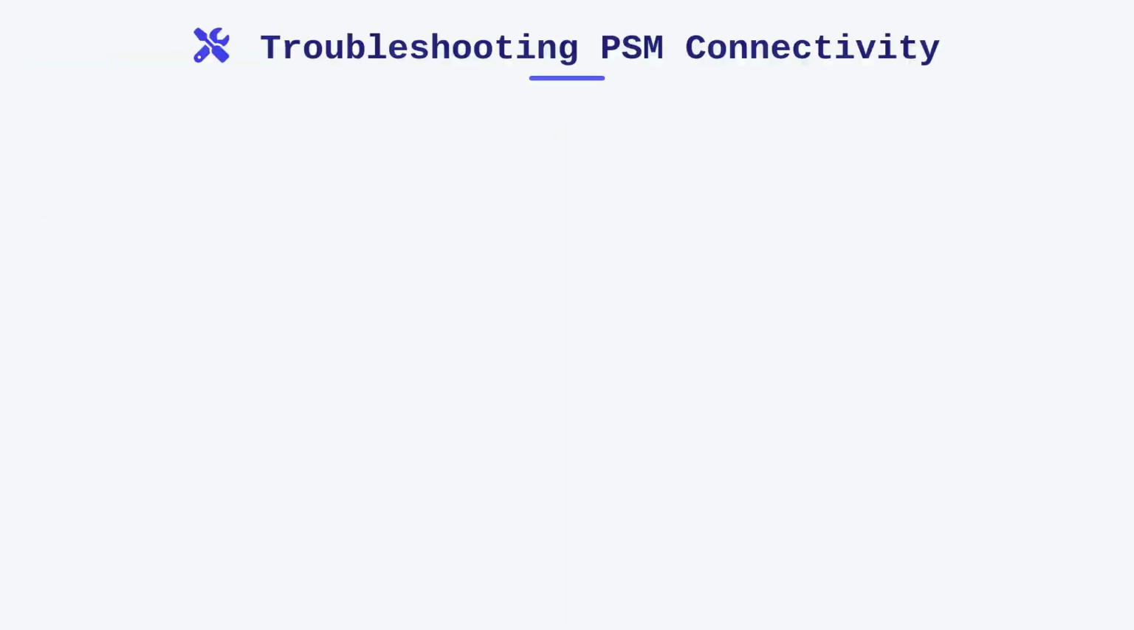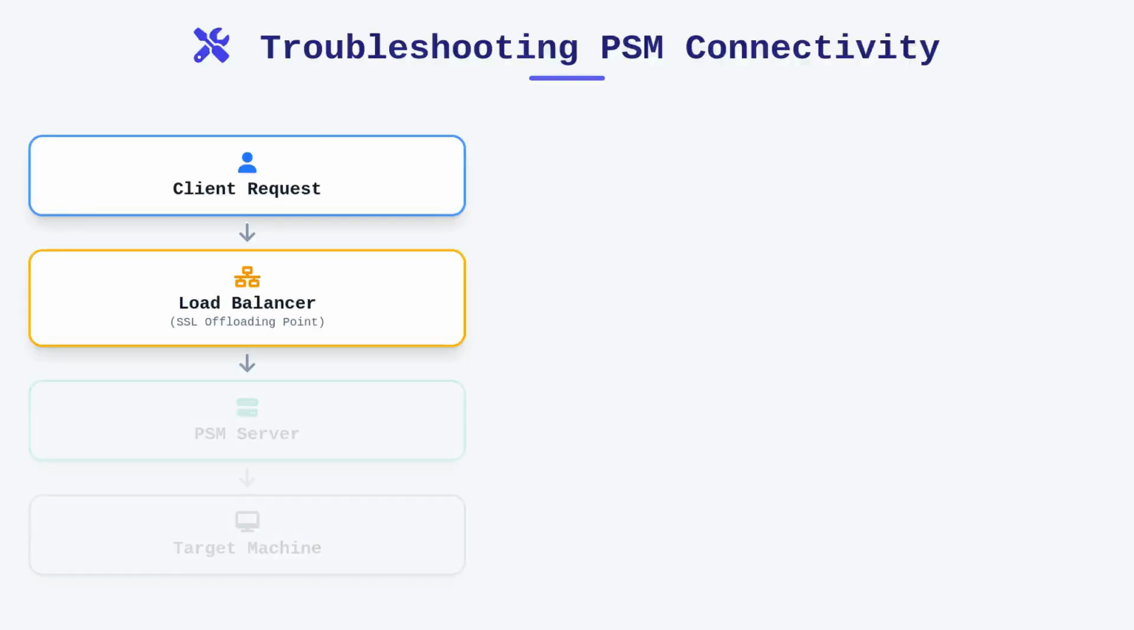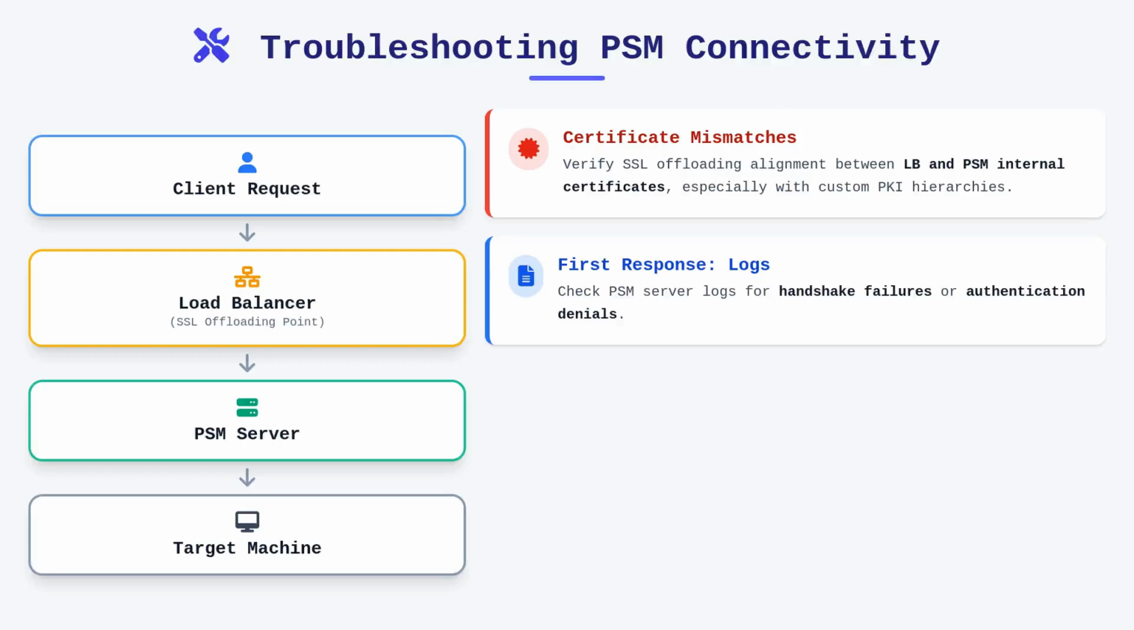Troubleshooting PSM connectivity often involves dissecting the interaction between the client, the load balancer, and the target machine. One common area of failure involves certificate mismatches, where the load balancer offloads SSL, but the target server or the PSM itself expects a specific chain of trust. When a user reports a session error, the first step is always checking the PSM logs located on the server,